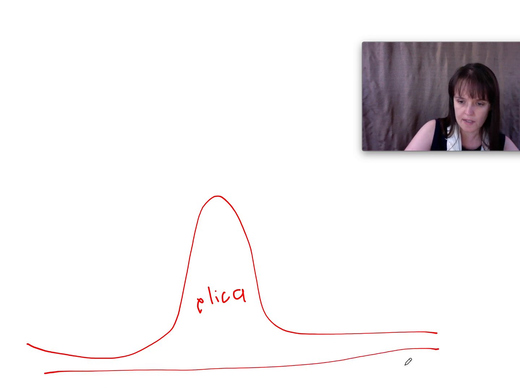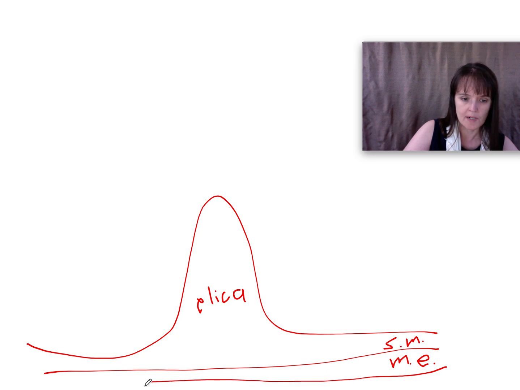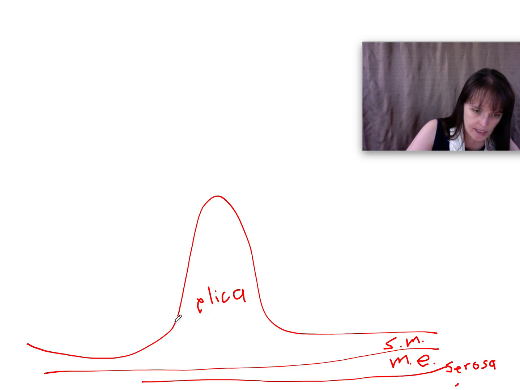And this is the muscularis externa, and this is the submucosa. And then we'll add a line for serosa. Okay. And then the plica has,